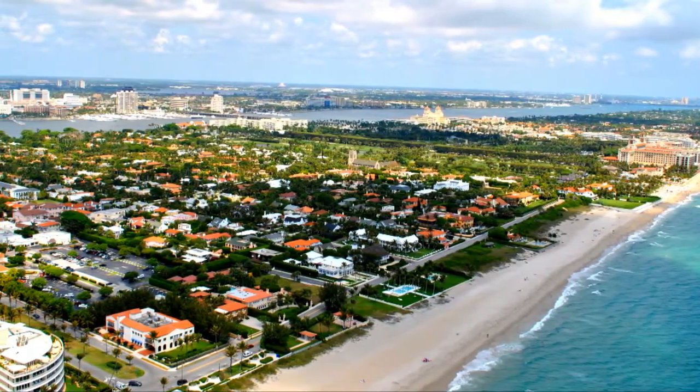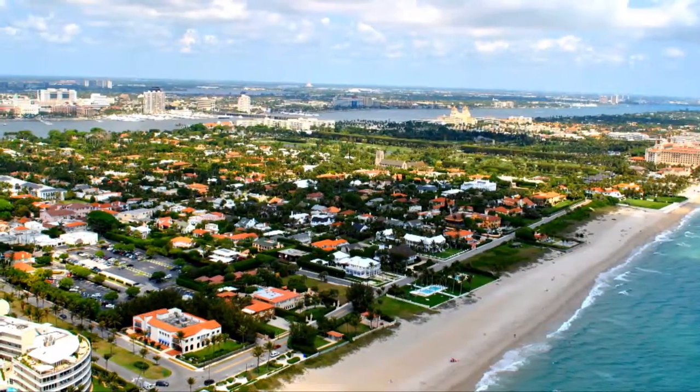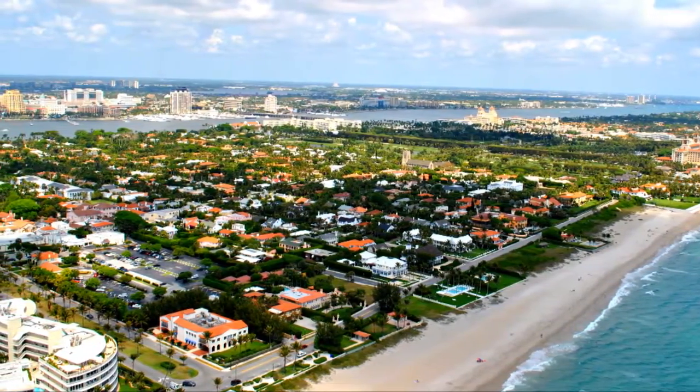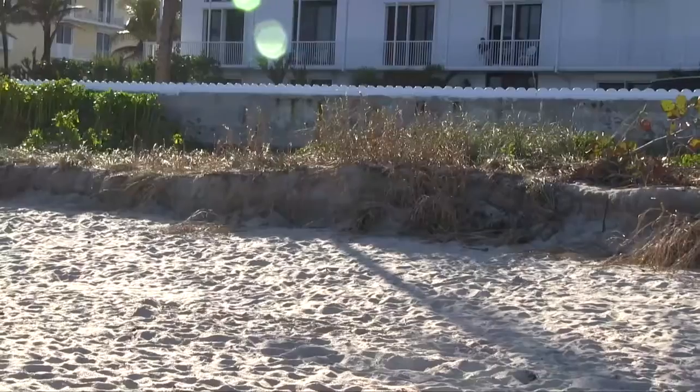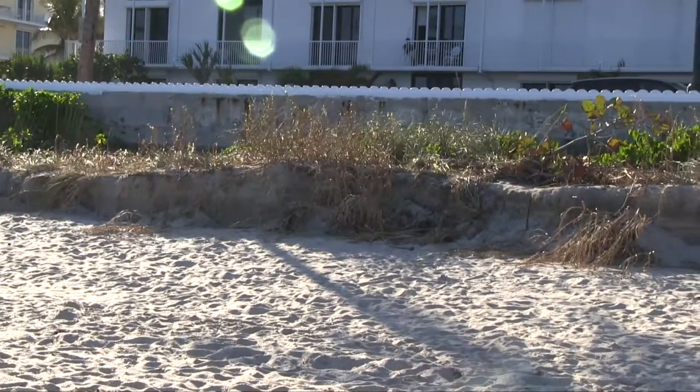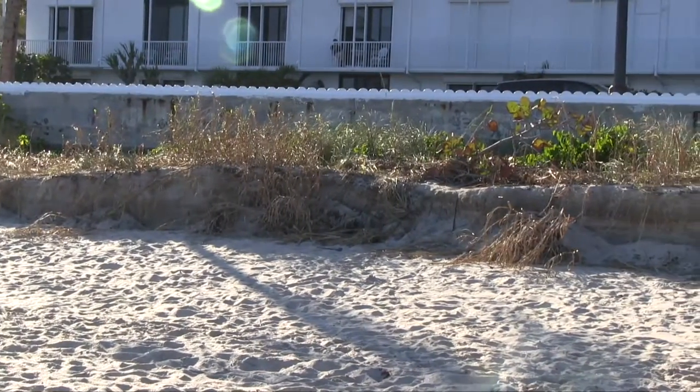We know that it's going to cost money. People have to be patient and willing to protect the island. So everybody has to understand that a holistic approach has to be taken. The sand from the north end eventually will end up down in the south end. That's a fact. Whether it ends up slightly offshore or on the beach, it will end up in the southern reaches. We know that. All of the projects that we have recommended from the Shore Board have been vetted not